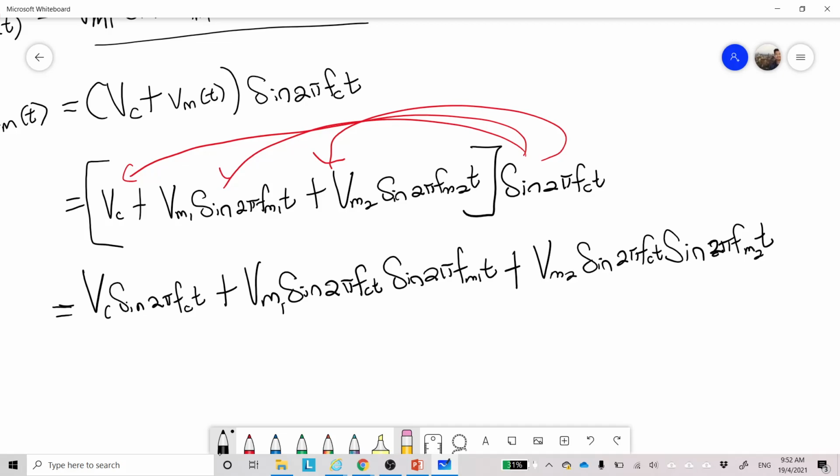Okay, so sorry about this. So I erase this one. Sorry, not pretty. I erase it again. So this is cos. I rewrite again. Sorry about that. 2 pi in bracket fc minus fm1 t minus cos 2 pi for the upper sideband fc plus fm1 t close bracket, and then plus